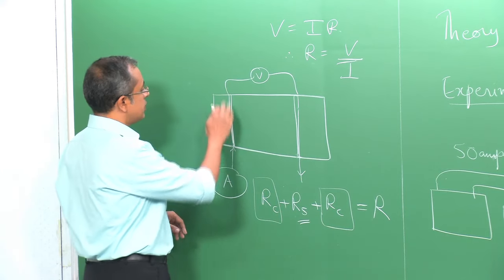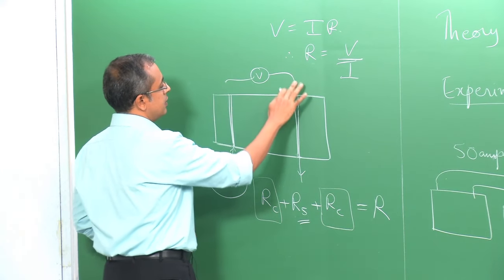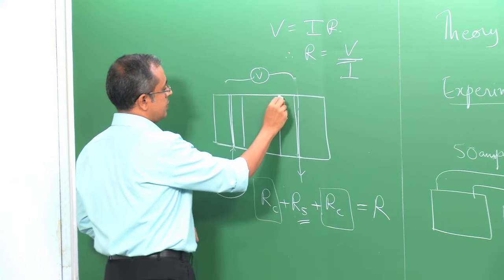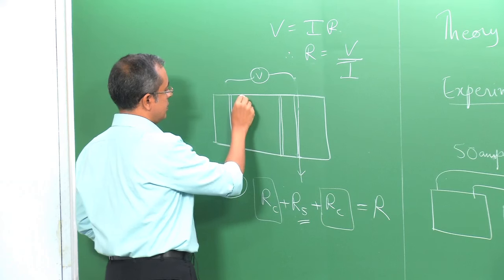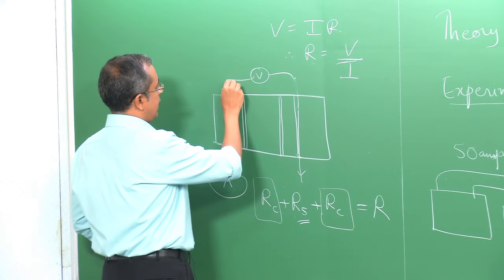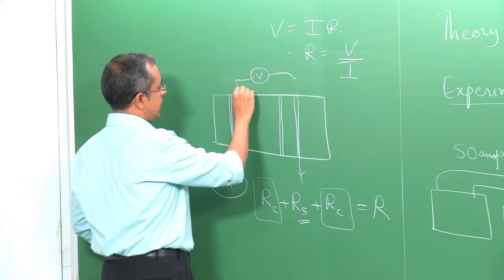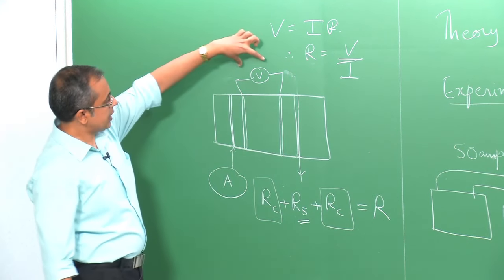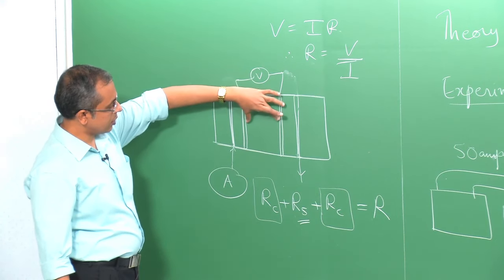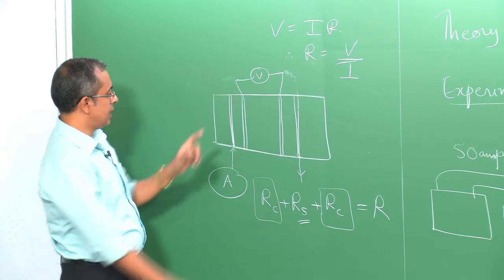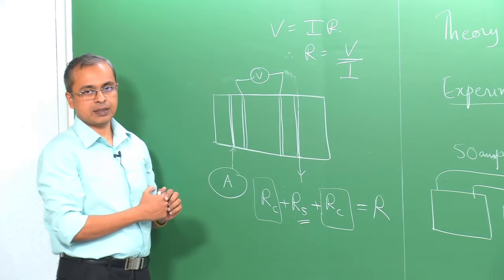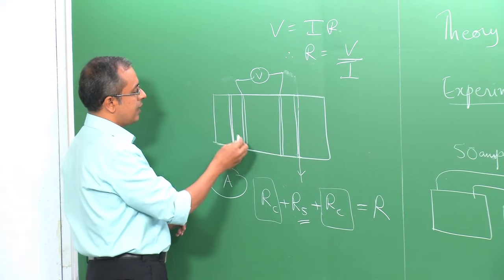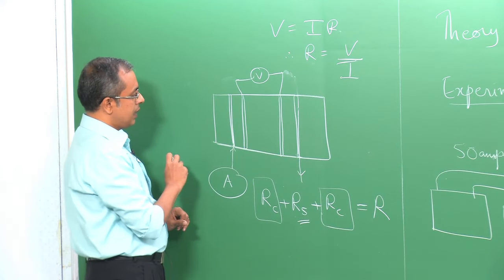A very simple way to correct for this, to avoid this contact resistance problem, is to simply move the voltage lead away from here to two other locations in the sample, and therefore, now you will have voltage from here to here. So, the voltmeter connects to two locations which are towards the interior of the sample. The current goes from two outward locations. Okay. So, you have this situation, and when you have this situation, you basically avoid this contact resistance problem,